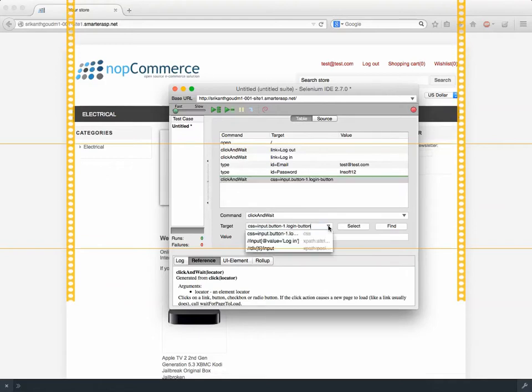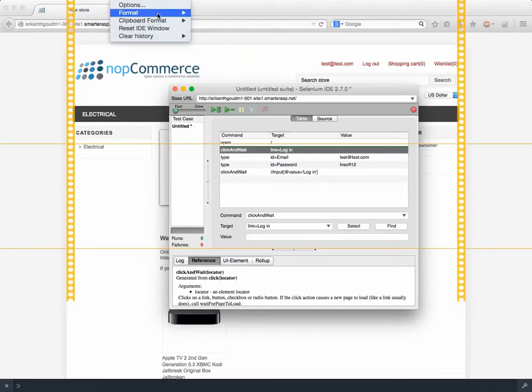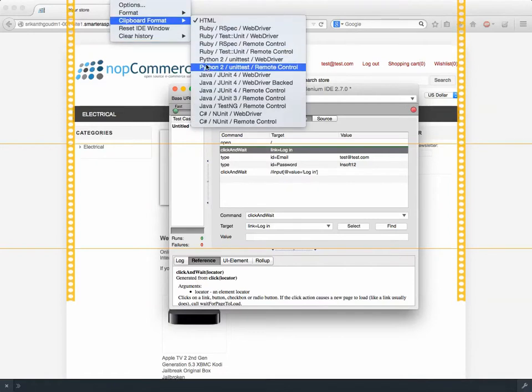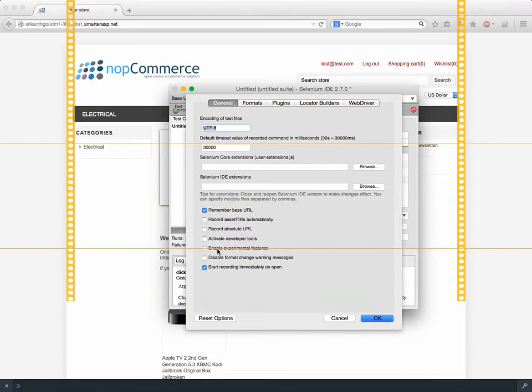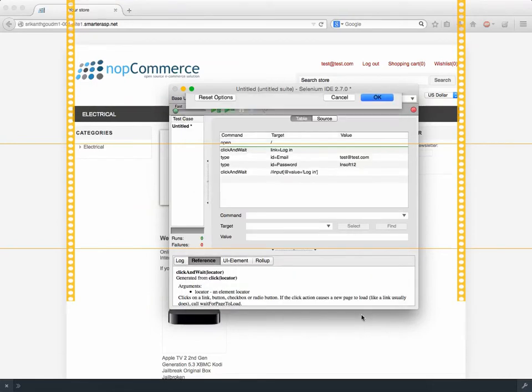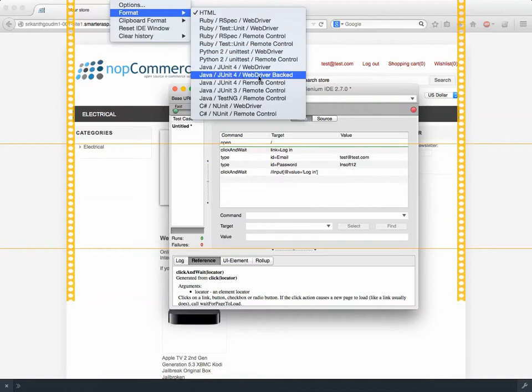So don't use CSS, just use XPath. Okay, that's done. So what I will do, I will go and format into clipboard format. I think that should be fine. Or enable experimental features, into JUnit WebDriver.